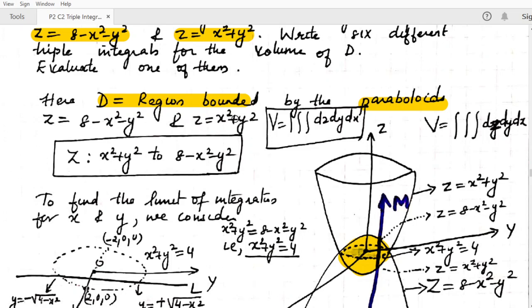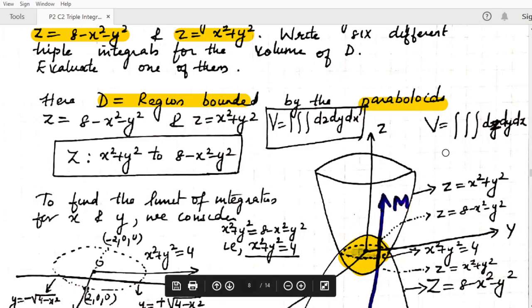Similarly, in the same way, here we can already see that x square plus y square is already on one side. So it is already in the particular form that we want. So we can arrange it such that x square plus y square is on one side and all the other terms on the other side. After making it in such a form, here we get x square plus y square equal to 8 minus z, and here x square plus y square equal to z. So one of the paraboloids is in the upward direction and one is in the downward direction.